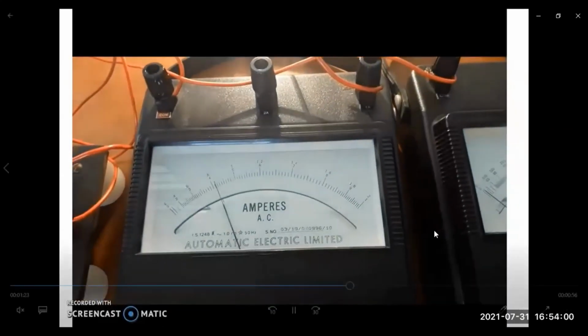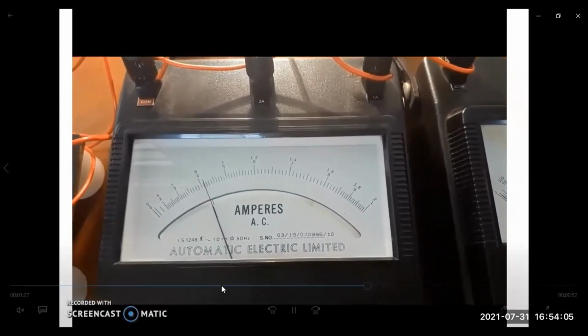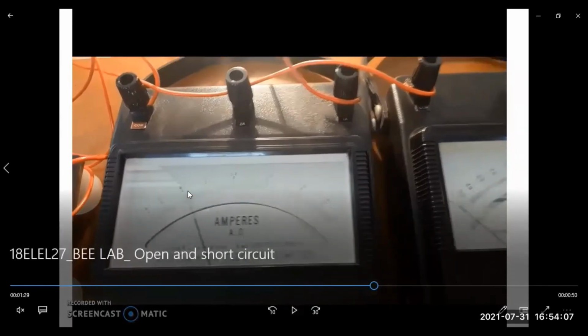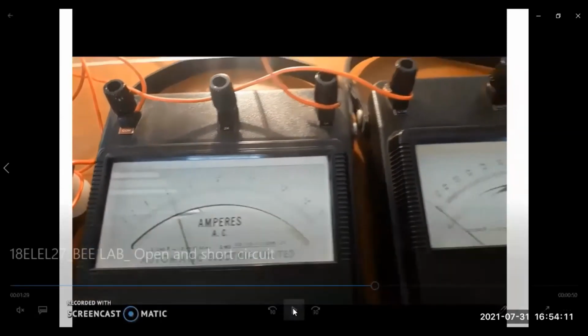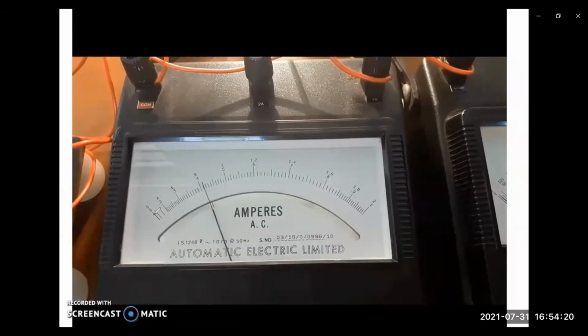In short circuit condition, let us verify what the ammeter reading and the voltmeter reading will be. Look at the ammeter reading. First of all, you have to see whether it has been connected to the upper or lower scale. It is very sure that it has been connected to the lower scale. Now what is the value of current we can measure? See, 0, 0.2, 0.3, 0.4. How much is it? 0.41. So I am able to get the current equal to 0.41. It is very clear.